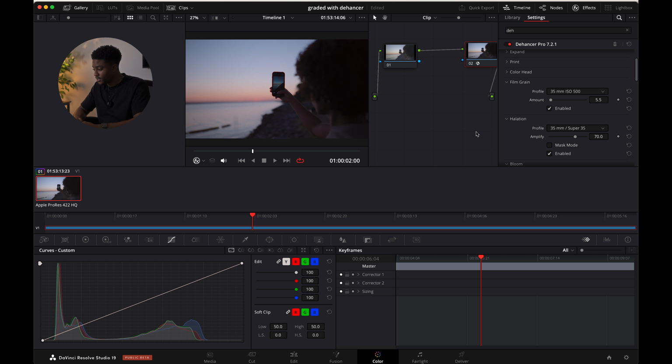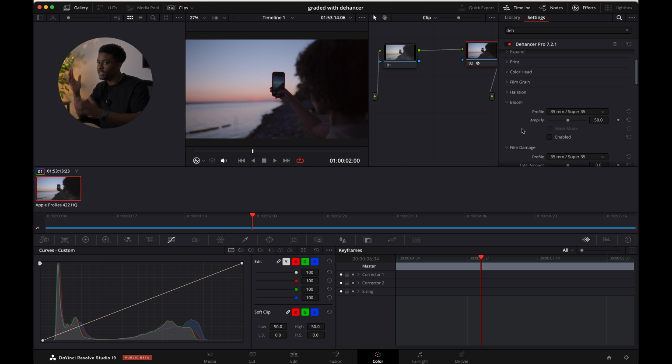All right, next. We're gonna go to bloom. I love bloom. And I feel like this is just a way for me to get rid of all of my filters. I don't necessarily need the bloom filters anymore if I have this. So thank you, Dehancer, thank you. So I'm gonna enable that. Super 35,